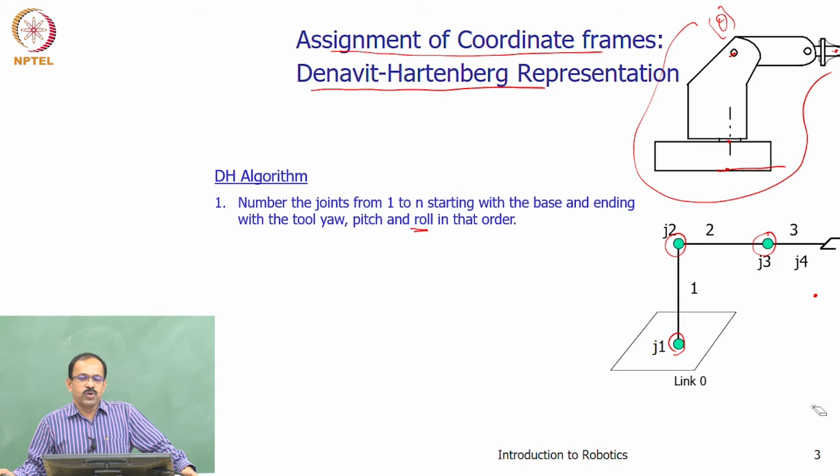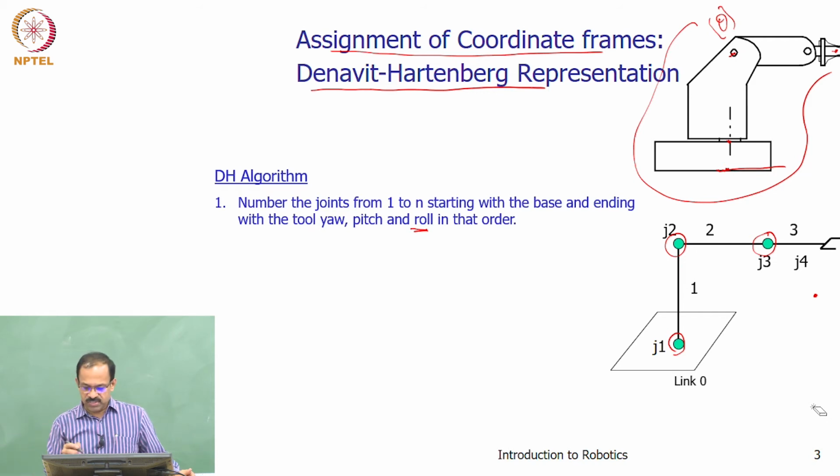Now, the first thing to do is to give a base coordinate frame assignment. You need to assign a base coordinate frame based on your convenience. You can have it whatever way you like, but you need to follow the right hand rule. The right hand rule is that if this is x, then this is y and this is the z axis. So, you always follow the right hand rule for assigning coordinate frames.